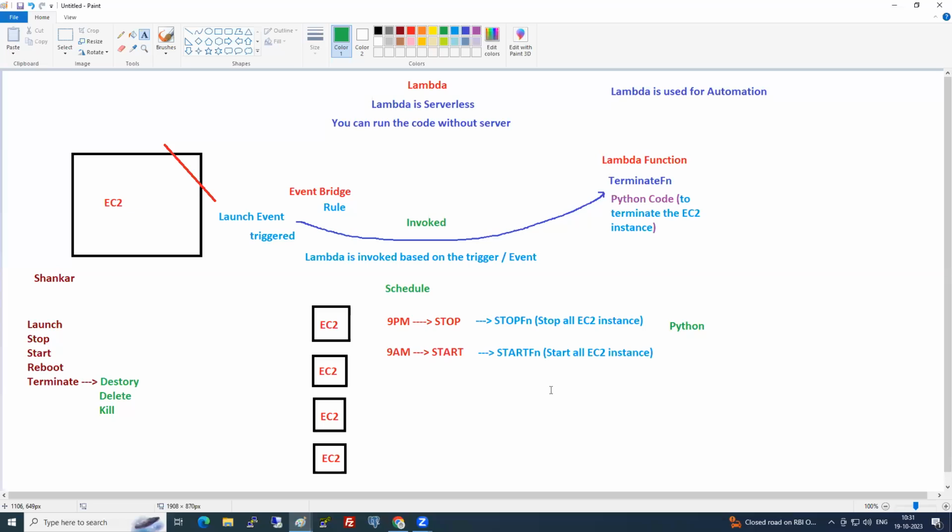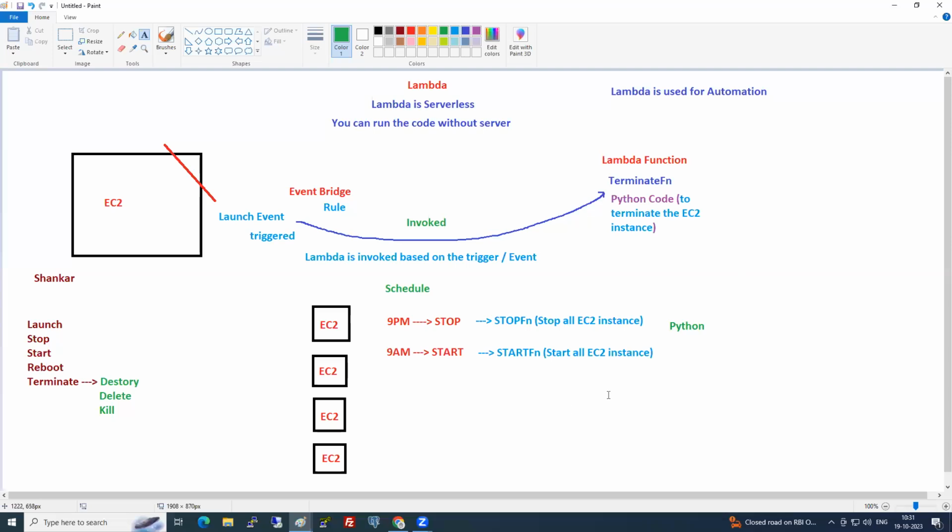Clear? So see, we have covered so many services today. If you know this overview of the services, then your brain will start thinking about how to integrate this service with that service, and then it will be very nice. For that reason, I took this strategy. This will really help you guys.